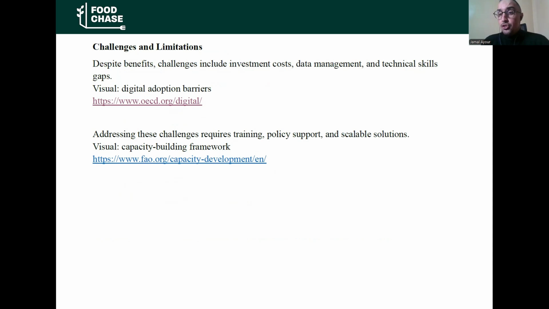Challenges and limitations for traceability and digitalization. Despite these benefits, challenges include investment cost, data management, and research and development aspects. Addressing these challenges requires training, policy support, regulatory compliance, scalable solutions, and research with development of new aspects and new themes for digitalization and traceability.